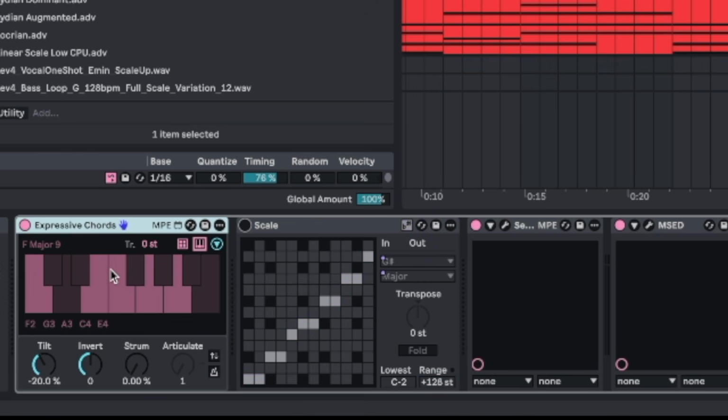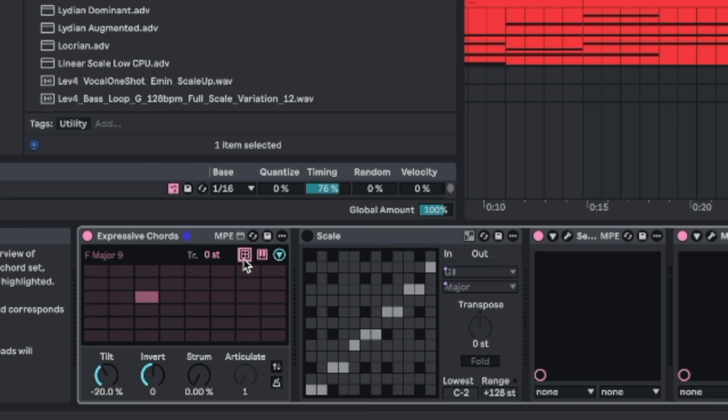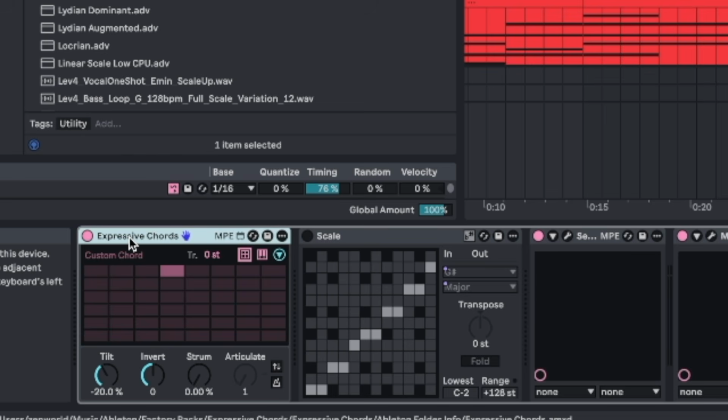Now, by itself, Expressive Chords just seems to be a pack full of chords that don't really care what key you're in. Sound very jazzy. On the keyboard, if you play a low C and then you go to a really high C, you don't really jump octaves. You're pretty much just shooting off chords that have been put into this thing. You can also strum,